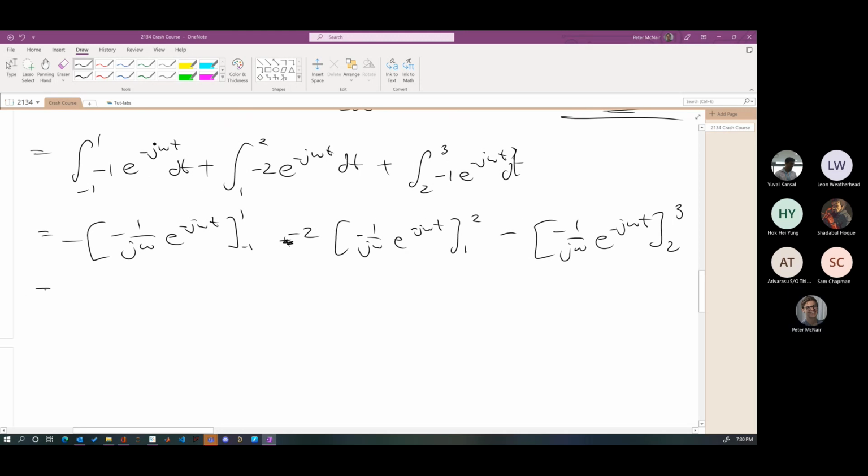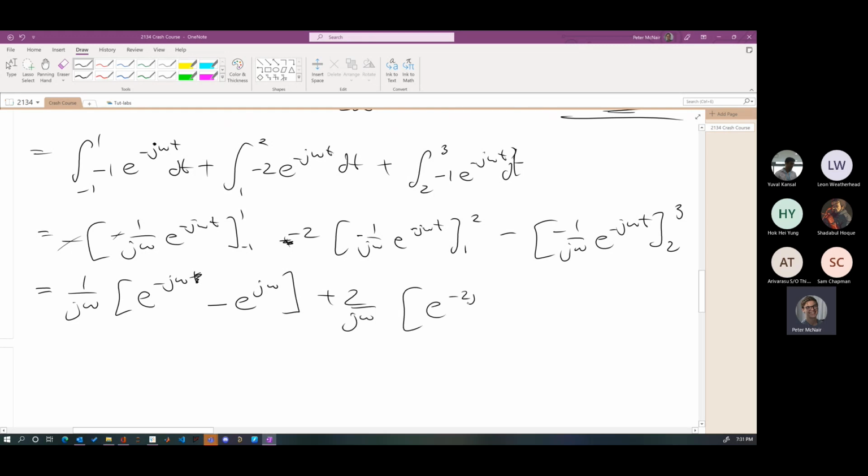Okay. If you've got any worries, feel free to stick your hand up. If not, let's keep going. So we can cancel our negatives here. You get 1 on j omega e to the minus j omega minus e to the j omega. And then we can go +2 on j omega e to the minus 2j omega minus e to the minus j